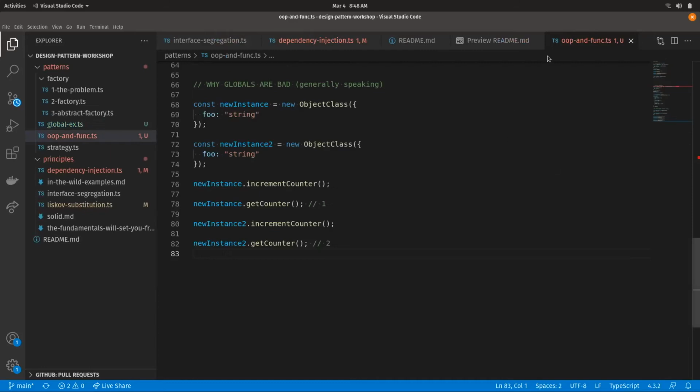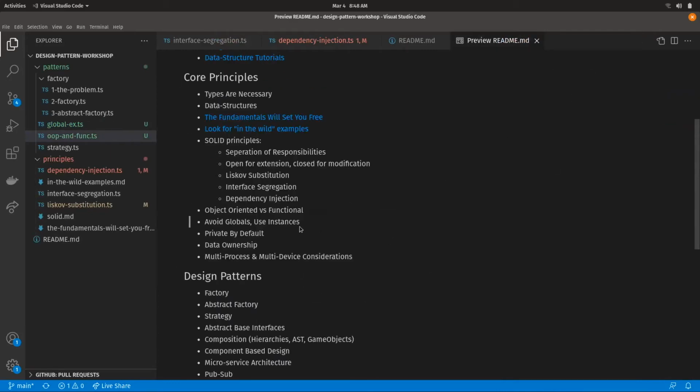Okay. So next up, we have private by default. The main principle here is that you should only be exposing to your users the things that they care about. And so,